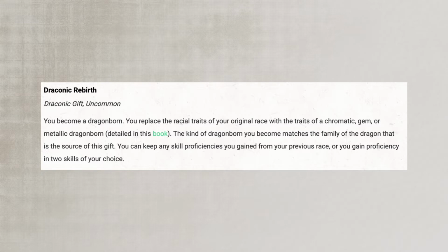And you are now that. You gain 2 skill proficiencies of your choice as well, if you didn't have them already. And yeah, boom, you're a Dragonborn now. What? And that amused me to no end as a potential backstory hook of just waking up one day